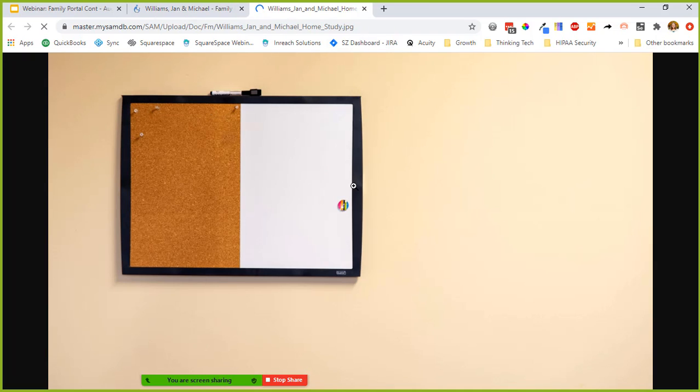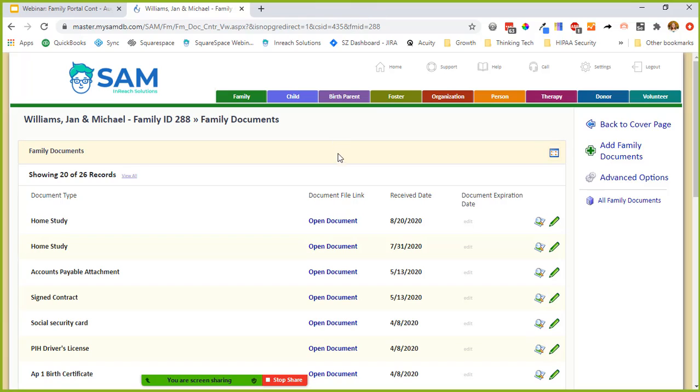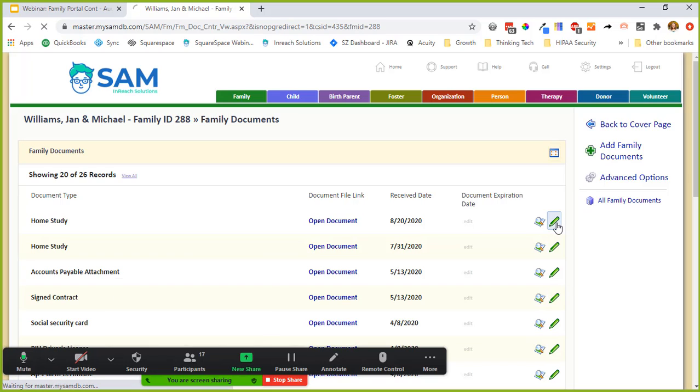Okay, so we can look at, here's this image that I've used in the slideshow today. We'll see in a little bit. You can also view details of this record. You might want to keep all kinds of information about this specific document that you want to have on the record. So you could view details, or you could edit this document